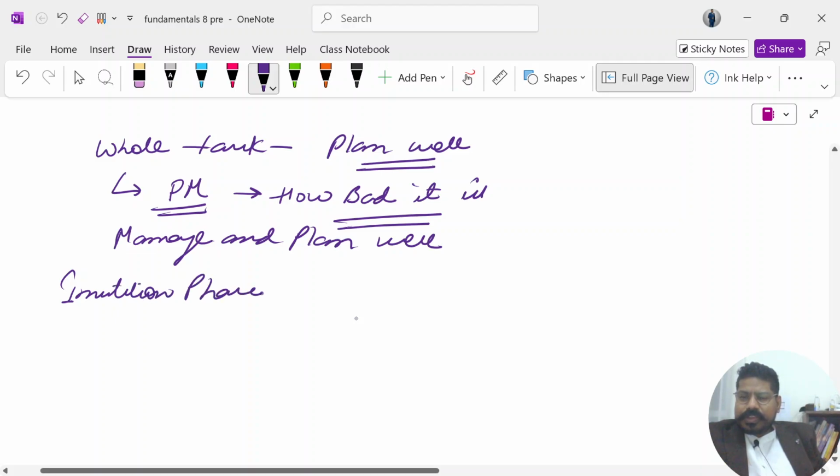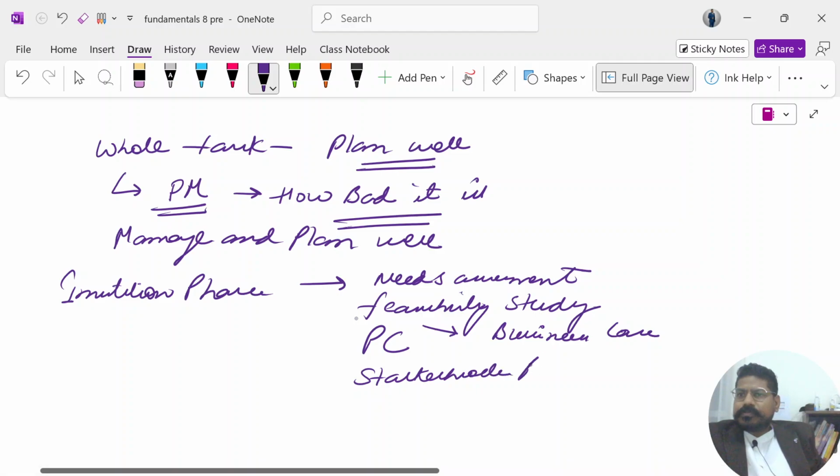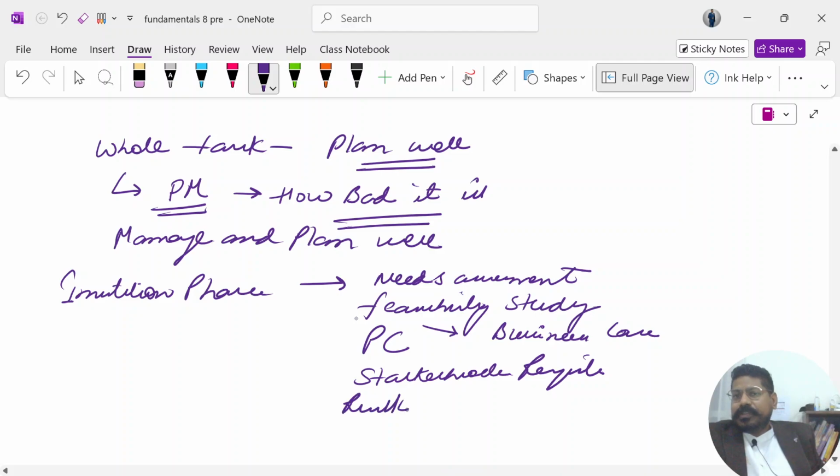The artifacts of the initiation phase were needs assessment, then came feasibility study, then project charter. Needs assessment, feasibility study, business case, project charter, stakeholder register, high level risk register as well, high level, and